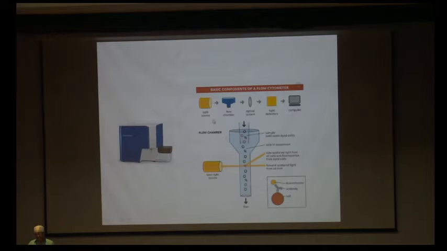It has a light source, a flow chamber, an optical system, light detectors, and a computer which analyzes the findings. Laser light is given to the chamber, and the cells which are dyed scatter the light and produce fluorescence, which is detected by the computer. Then further analysis is done. This is a typical cell where a fluorochrome has been attached.